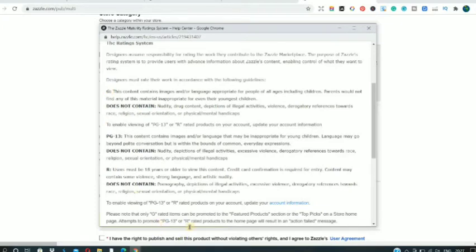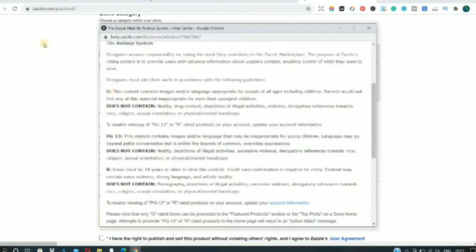And please choose it very well, guys, because if your design is adult design and you have selected the G category, and if anyone actually goes into it, and if it's a child going into Jazzle and they have seen your design and they're seeing it's irrelevant to them, then they can probably report your design, guys, and you might get your account terminated or banned, or your designs might get removed. So make sure you fill this rating system very well.